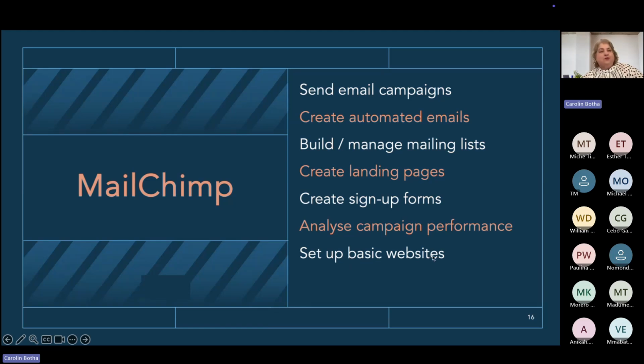You can set up basic websites, as I've mentioned, more like a landing page. There are so many other programs and apps that you can use for websites. Personally, I won't use MailChimp, but it's for free up to a point, of course, as anything is. Then you can use that as well. And you can even, not brand new, but fairly new, set up e-commerce stores in MailChimp. But that, you can imagine, will not be for free. We'll share the pricing with you in a moment.